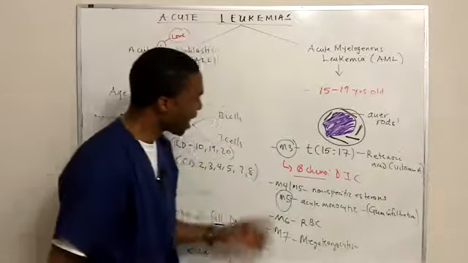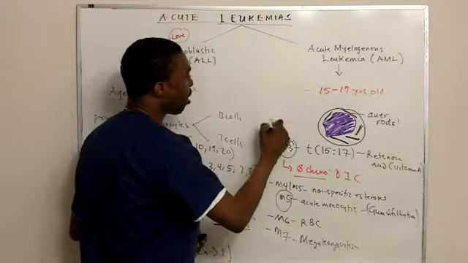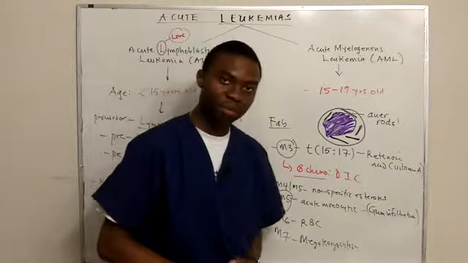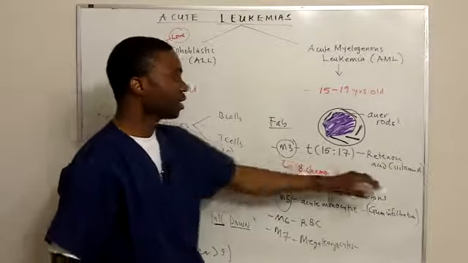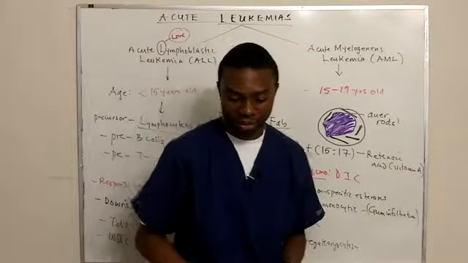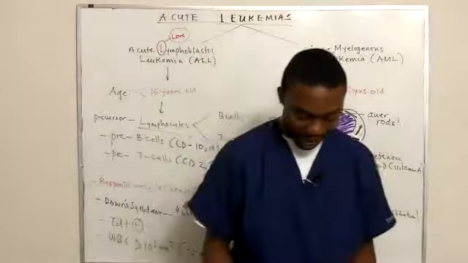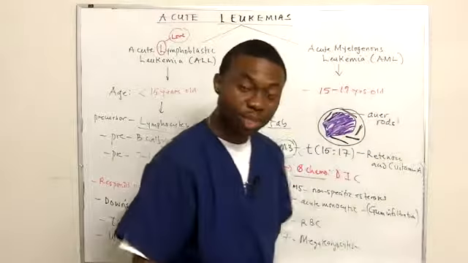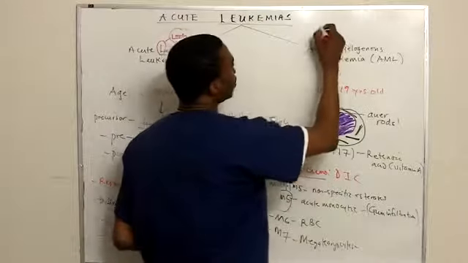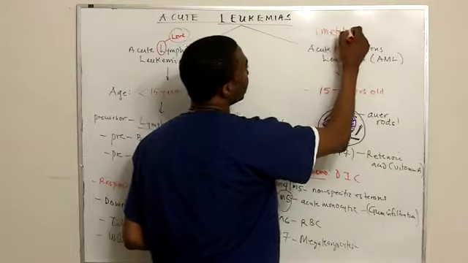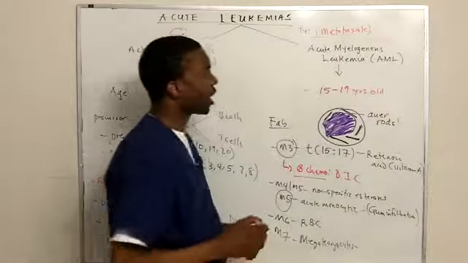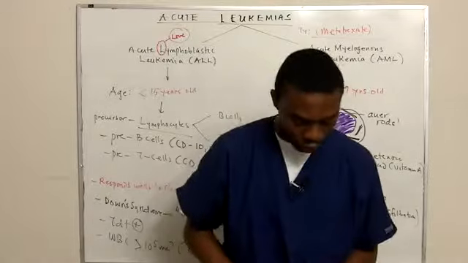So these are the FAB classification of acute myelogenous leukemia. Remembering that M3 responds to retinoic acid, which is vitamin A, and don't do chemotherapy because they're going to develop DIC. The main treatment for AML is methotrexate. That is the major treatment for acute myelogenous leukemia.